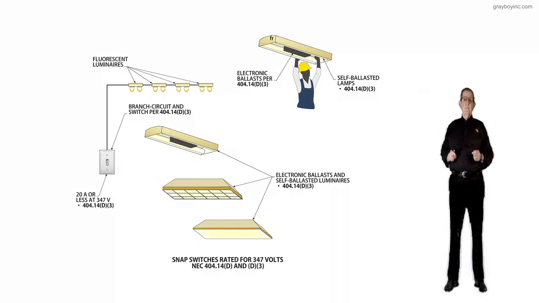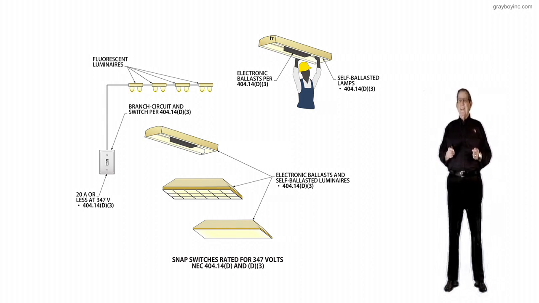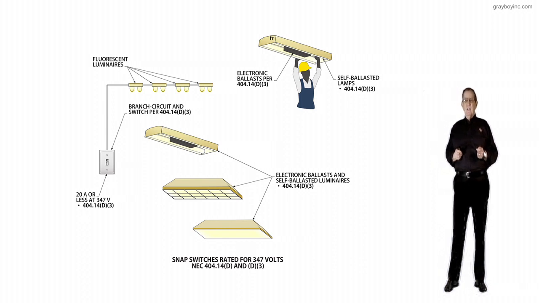This illustration deals with snap switches rated for 347 volts in accordance with NEC 404.14(D)(3). The purpose of the change of revision that has been accepted and added addresses the use and requirements of snap switches rated at 347 volts by adding coverage of electronic ballast, self-ballast lamps, compact lamps, and LED lamps with